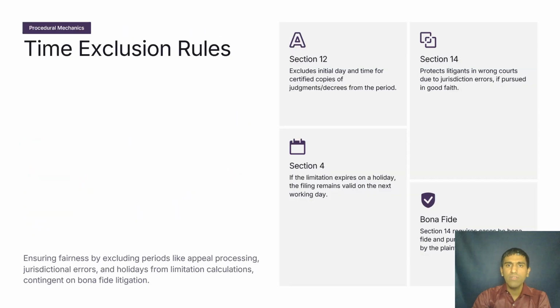So moving ahead, that said, there are certain time exclusion rules. There are certain sections which provide for this. First is section 12. In section 12, certain days are excluded while calculating the limitation period. So what are the days excluded? For instance,